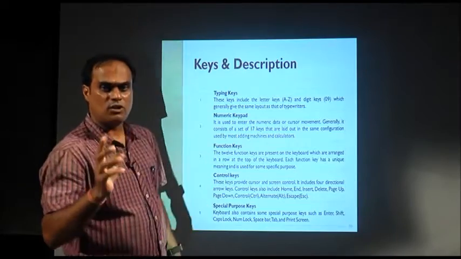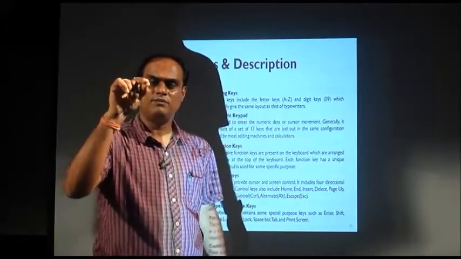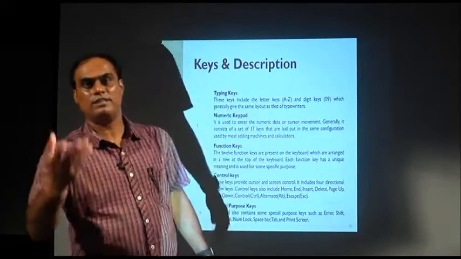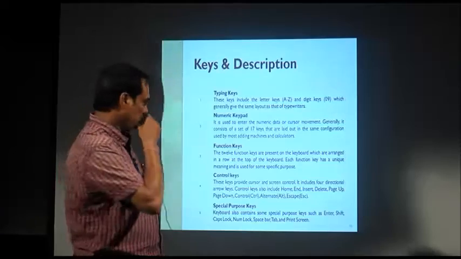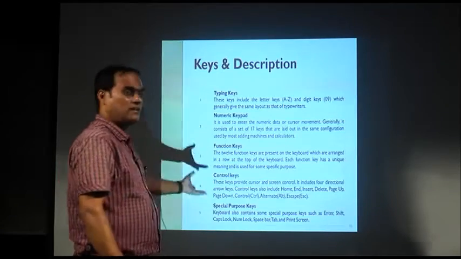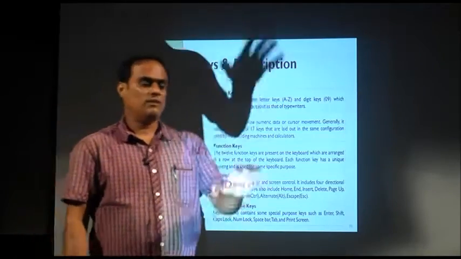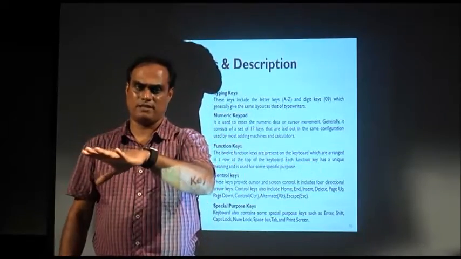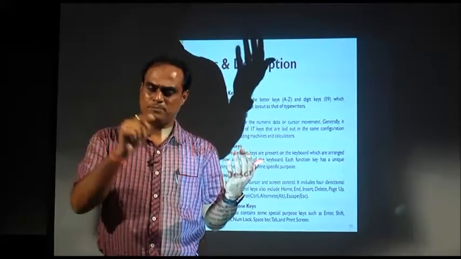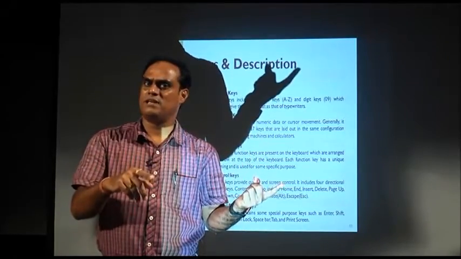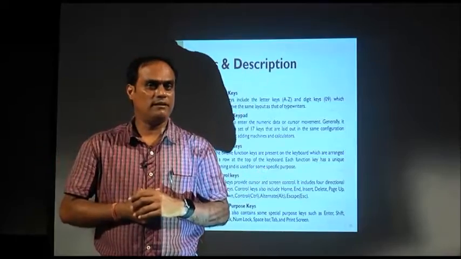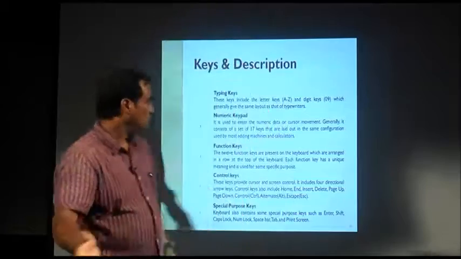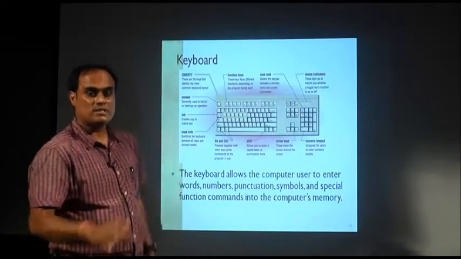Num lock is there. Num lock means, if you press that, whatever numeric pad is there is activated, otherwise that section will not work. Okay. So, like that caps lock is there. Caps lock means whatever alphabet you are writing, whether it is in small letter or in capital letter. When you press P, if caps lock is enabled, it will be capital P. If it is not enabled, it is small p. Yes or no? So, these are all about the function of the keyboard.